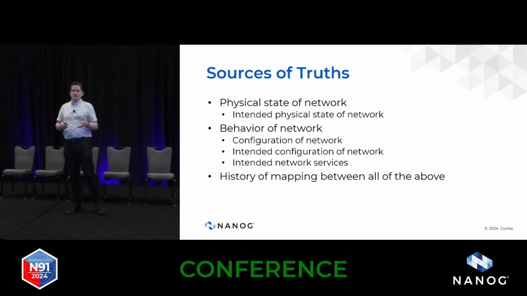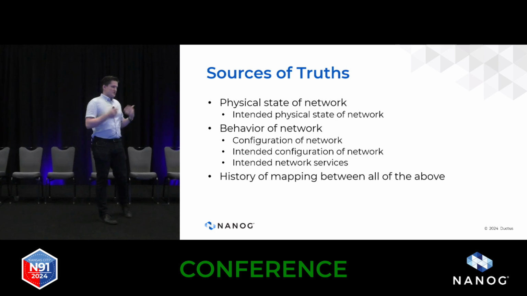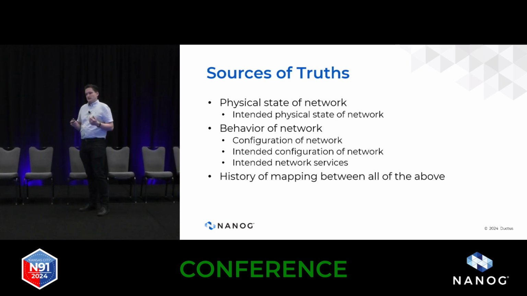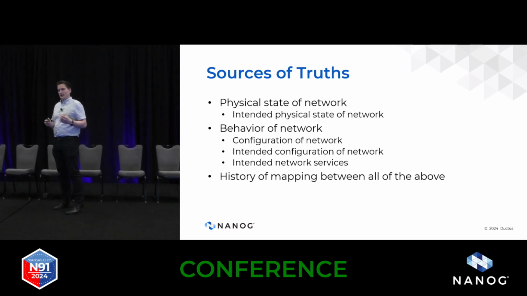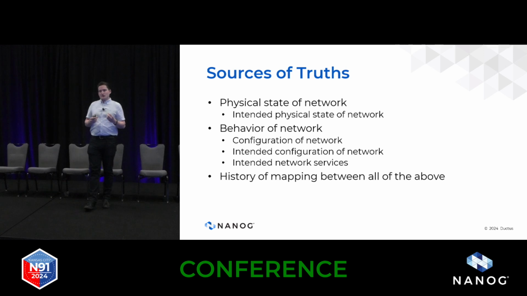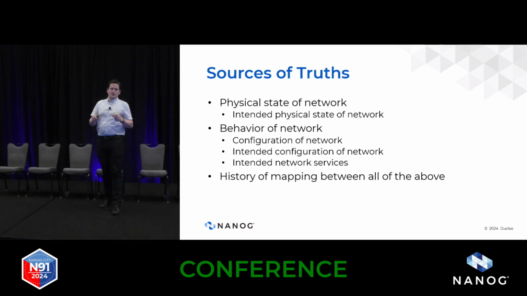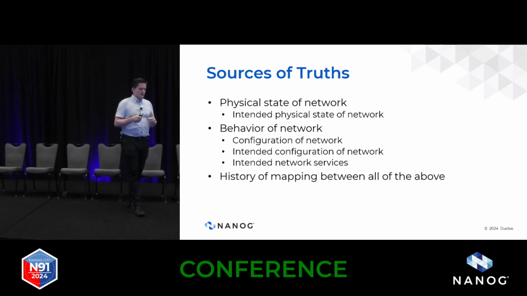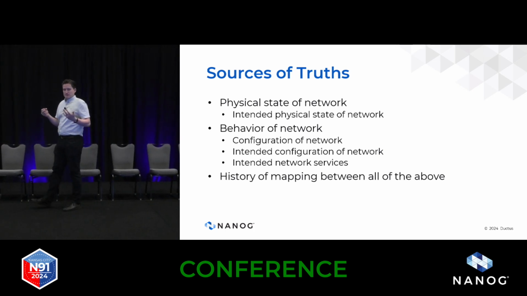Okay, sources of truth. We hear this term, single source of truth. What I want to argue today is that there are multiple sources of truth in your network, and they're fundamental. They are each their own thing, and you could have one place where you're viewing them all, or one system that collects and relates them, but they still exist in a fundamental way, and you should care about all of these. Because the ultimate question is, do you care if your network is functioning correctly? Most of us are going to say yes.